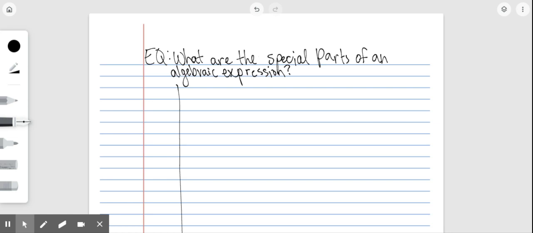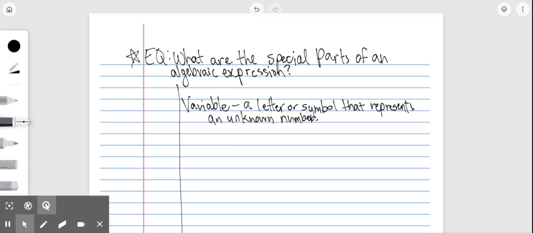Alright, you guys, so today we're talking about what are the special parts of an algebraic expression. Yesterday we talked about terms and like terms. Today we're just going to extend that by remembering what a variable is, and then we'll recount what a term is. So a variable